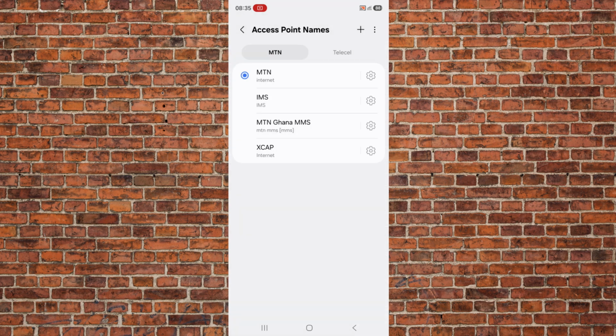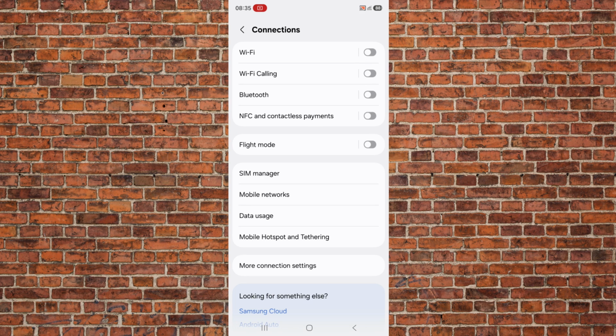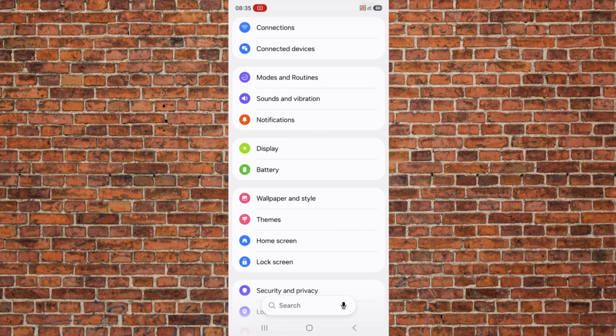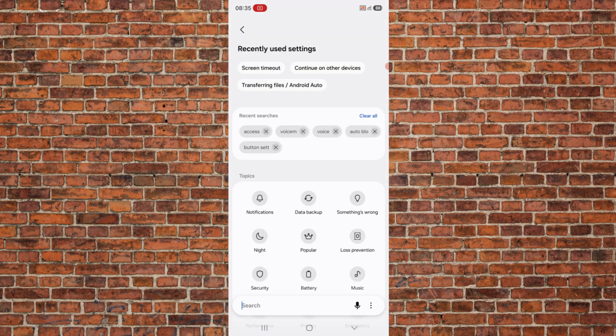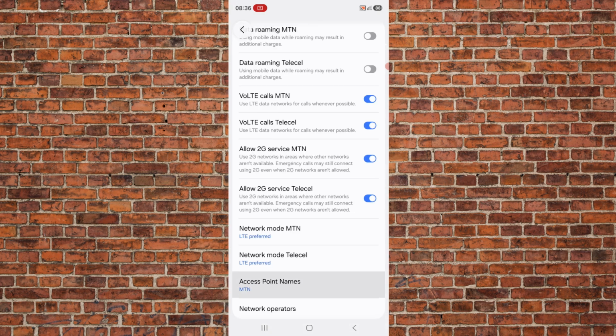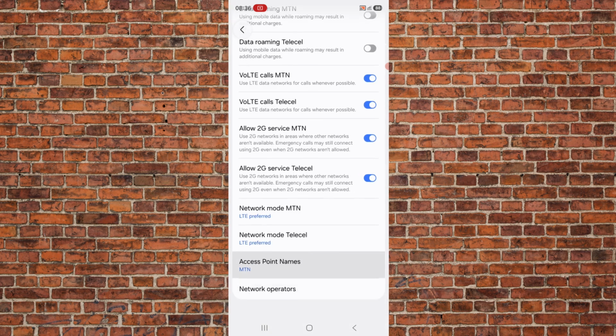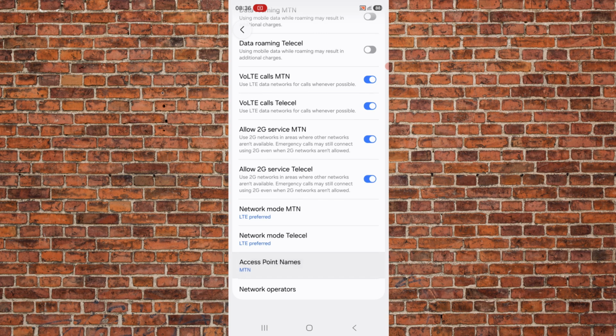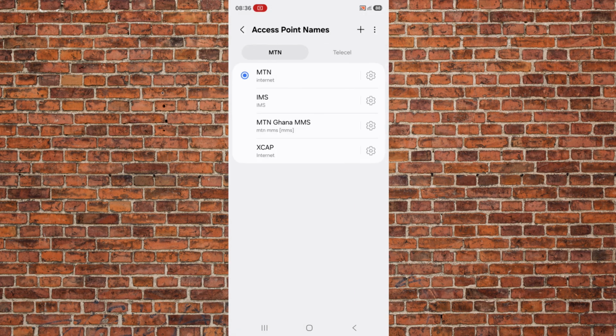So I'm going to show you guys what you need to enter there when you create a new one, or if you are using any different Android, just search access point. Good. And you see access point names, so we just tap on that, and it's going to refer us to the same side again, and you can see access point names for MTN. And then we tap on this here,